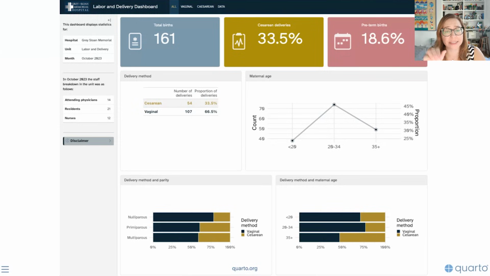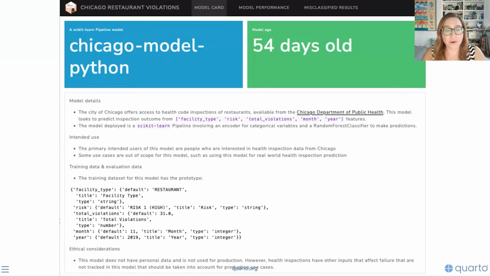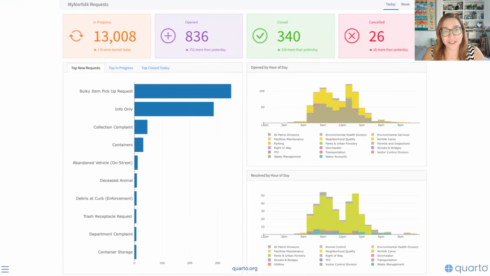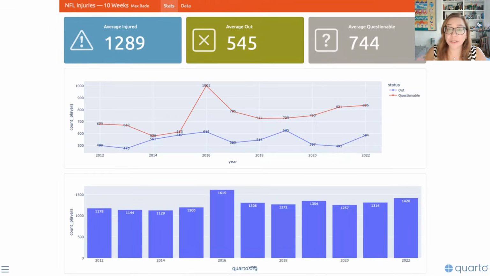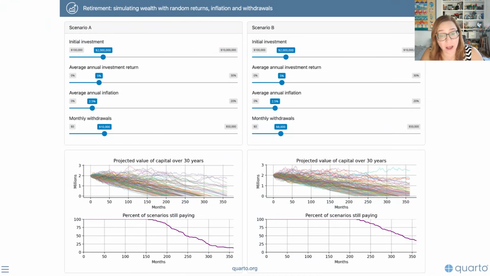Here's another one we're seeing similar to the earlier weather one, where we have a sidebar and also a row organization. And another one where we really only have two rows, top row of value boxes and some text underneath it. So this is a dashboard where it's reporting on the models that are being deployed. Another column organization and another row organization. So one of the things we're going to talk a lot about in this video is how do you want to organize things in columns or in rows. And this is another one in columns as well.